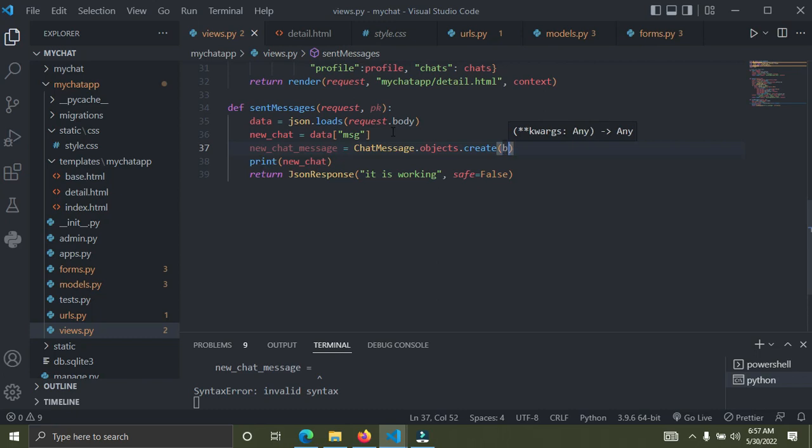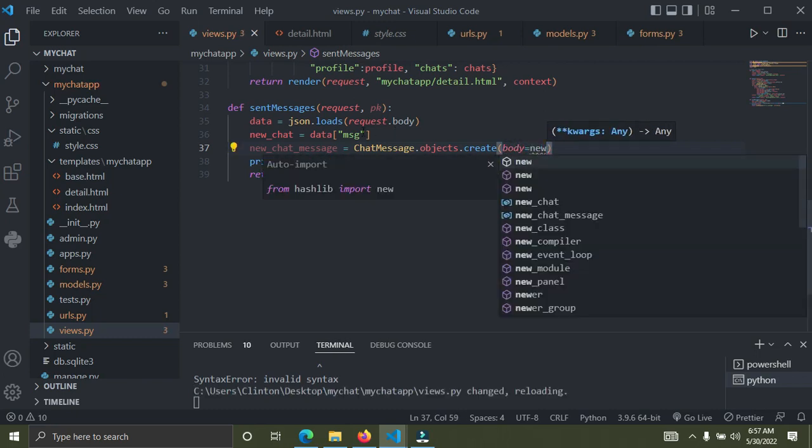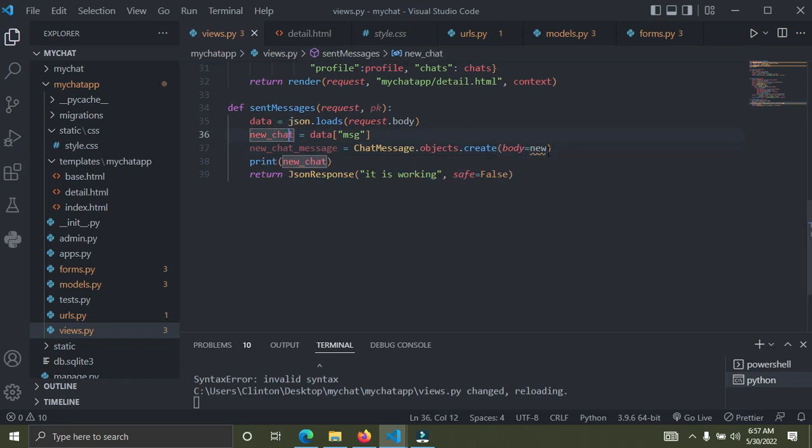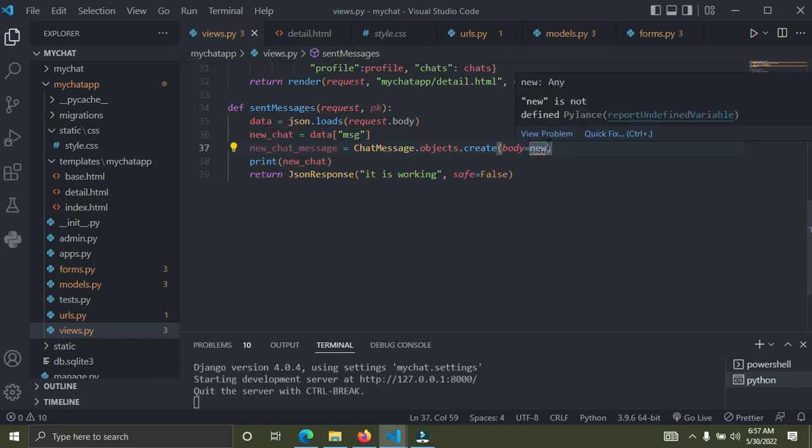So I'm going to simply say body should be equal to new_chats, understand. You can see what we are doing. So we are getting this value from the front end and saving on the back end without the page reloading. So I'm saying body should be equal to new_chats,